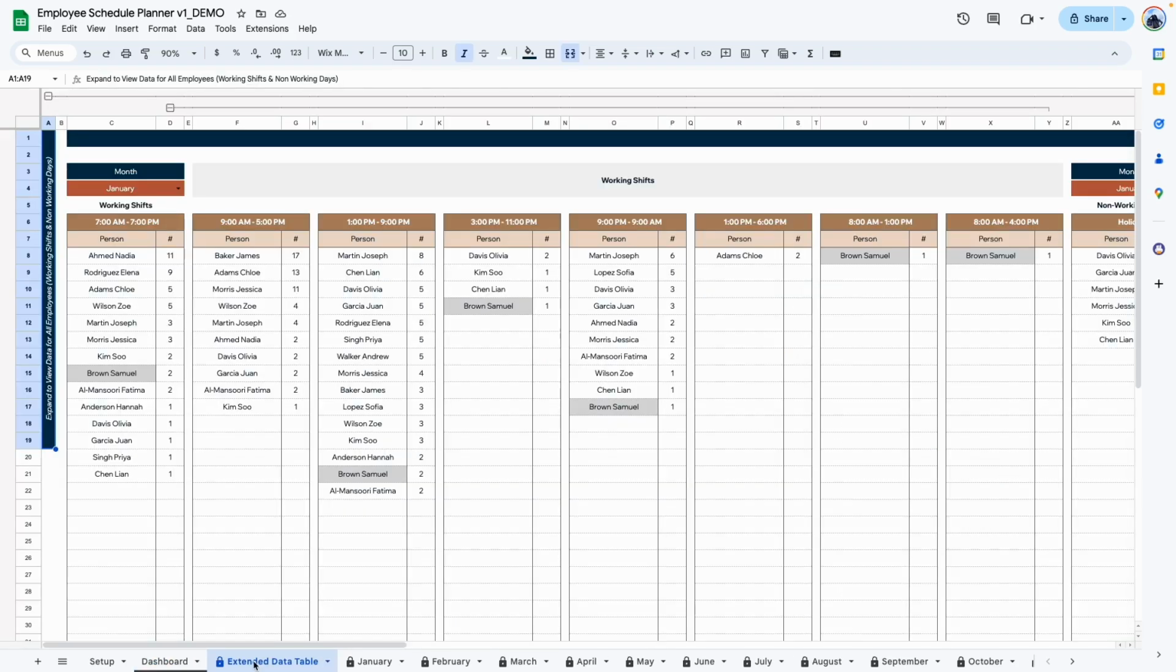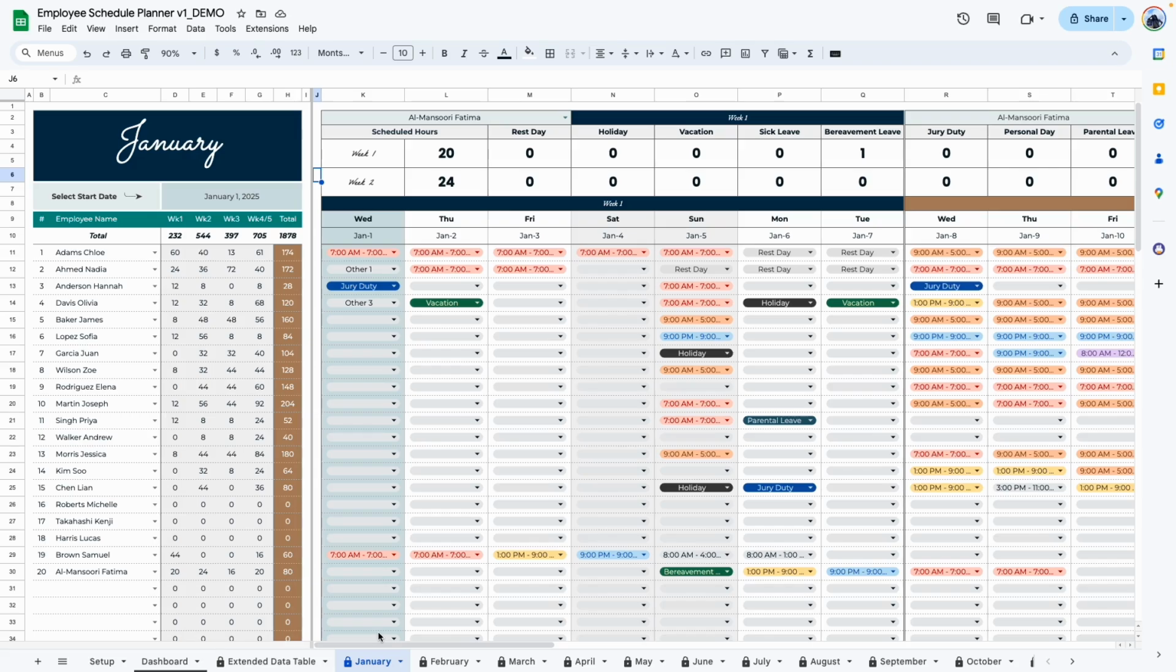The next tab is called the extended data tab. Just like the dashboard tab, the extended data table will be updated after you have started entering information into the rest of the monthly tabs. And I will come back to this after we've gone through the monthly tabs. This template has been set up for January through December. It will work for an entire year. And when the next year rolls around, you'll make a copy and then set it up to work for that year. Now, each month has its own dedicated tab, meaning that all the schedule for January has to be entered